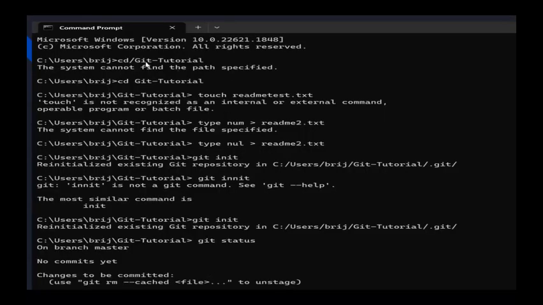After that, there were some things that said not specified, and I ended up creating a new README file because the other one I was having issues with because I was logged into another GitHub account that I had accidentally created. So I ended up having to retype my password and username to get it connected, but I got all that figured out. And eventually I was able to go to git init and reinitialize the existing Git repository